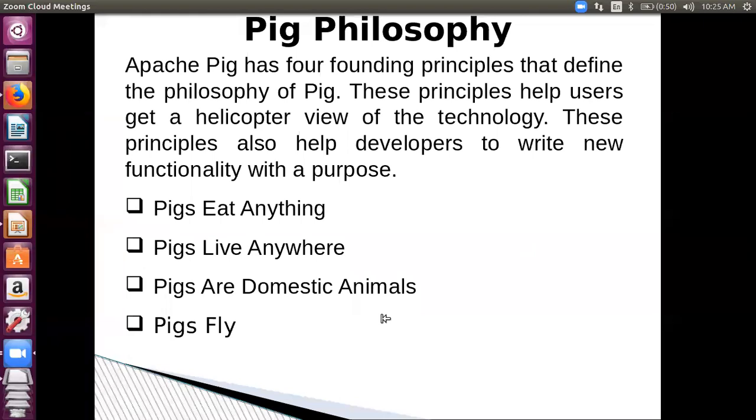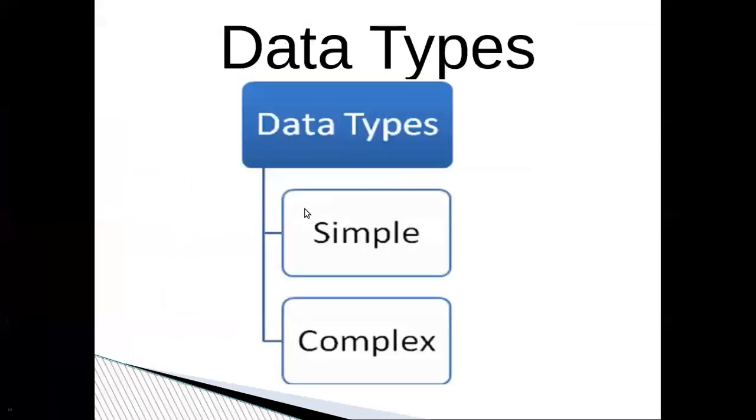Good morning. "Pigs are domestic animals" means that pigs can be easily transformed for our functions, for our use. They can be controlled. They are user friendly, right? You want to say that. All right. What about "pigs fly," Parth? Yes, sir. It means they can process data quickly. Yes, that means that the data processing capability of Pig is also very good. All right. Thank you very much, Parth. Okay, let's continue now.